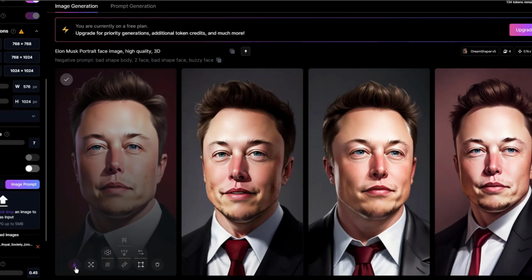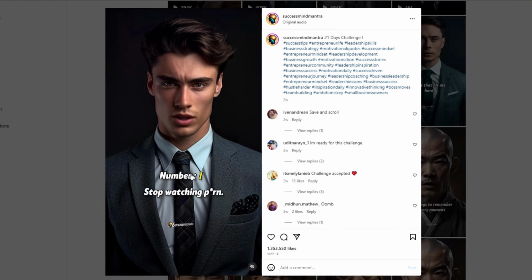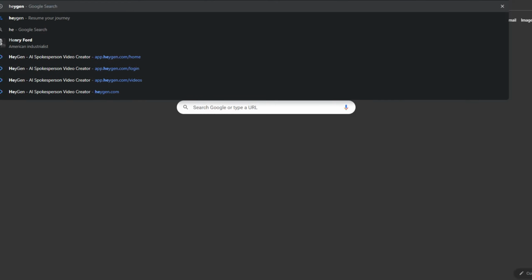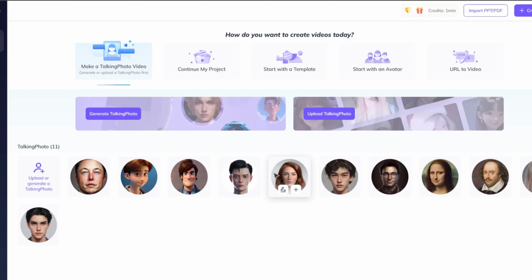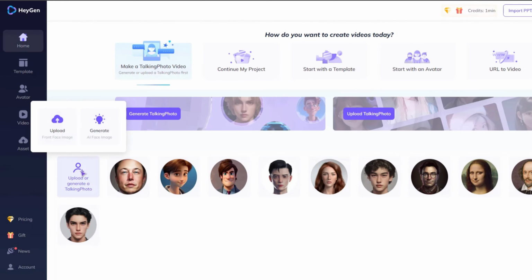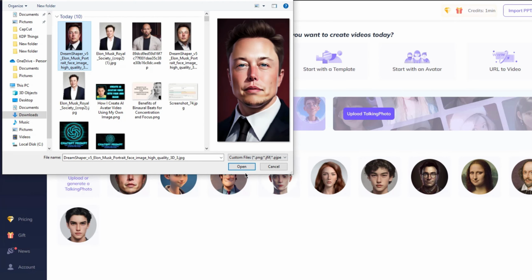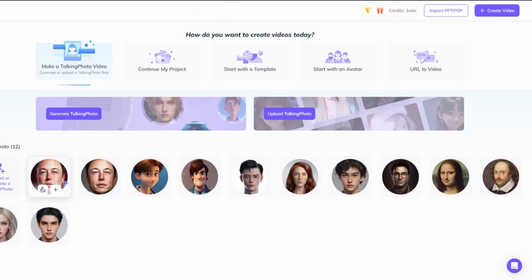Our second step, this avatar speaking, right? So we're going to use a free tool called HeyGen. If you create an account, you will get 1 minute free credit and you can just use that. So go to here, and after sign up, go to here and go to upload and upload the 3D avatar that you previously generated. And as you can see, then go to the plus icon and portrait,